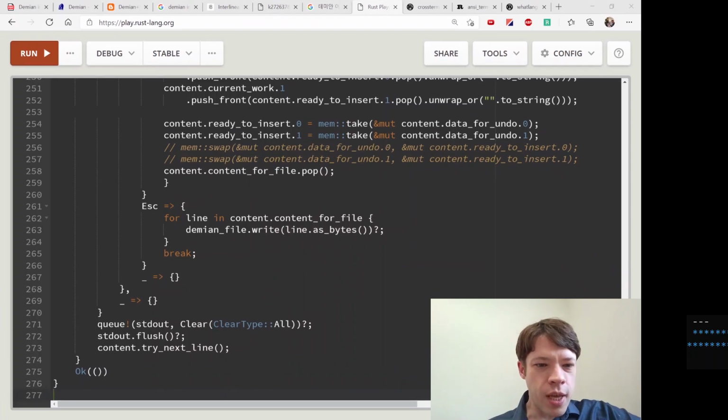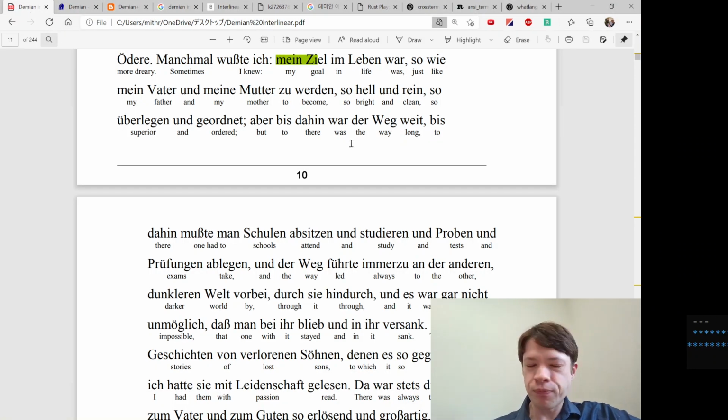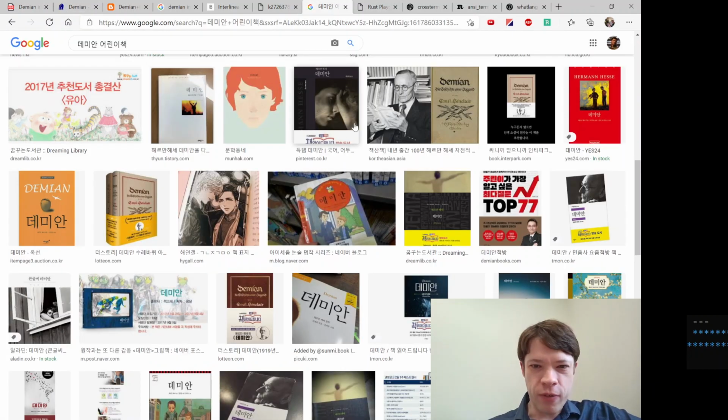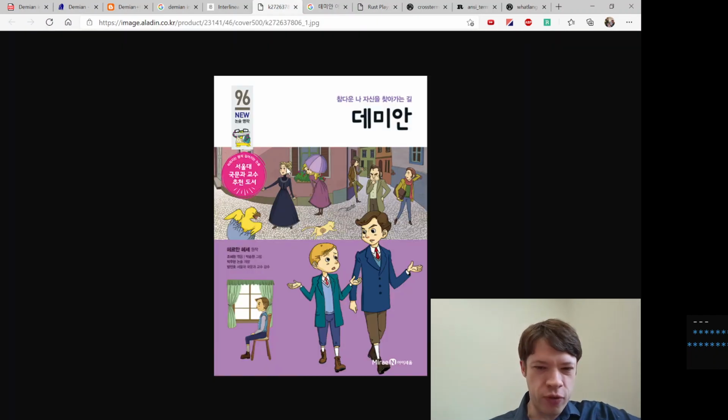Okay, so just to show you what this is about: back in 2002, when I was living in Korea for the first time, I read a book. I was looking for all the Korean books I could find, and this is the Korean version of Demian by Hermann Hesse, and it's originally a German book, but back then I didn't know any German. I was looking for the most interesting content I could find, and something easy to read. So I was looking through the children's books, or more like rewritings of books for children to understand, and this is one of them.